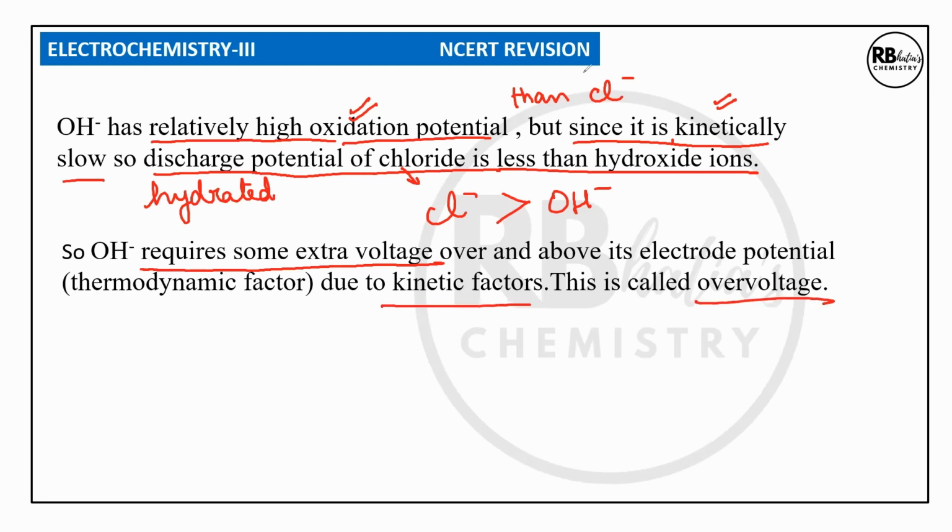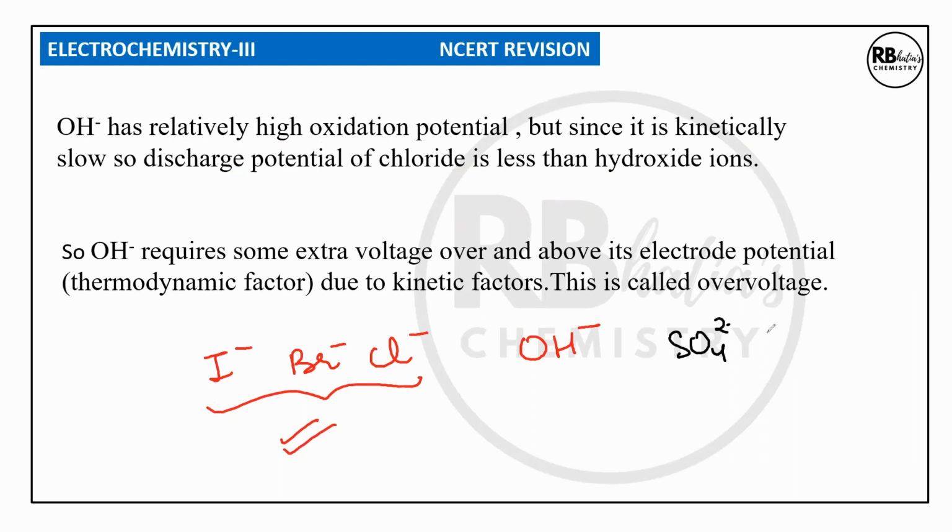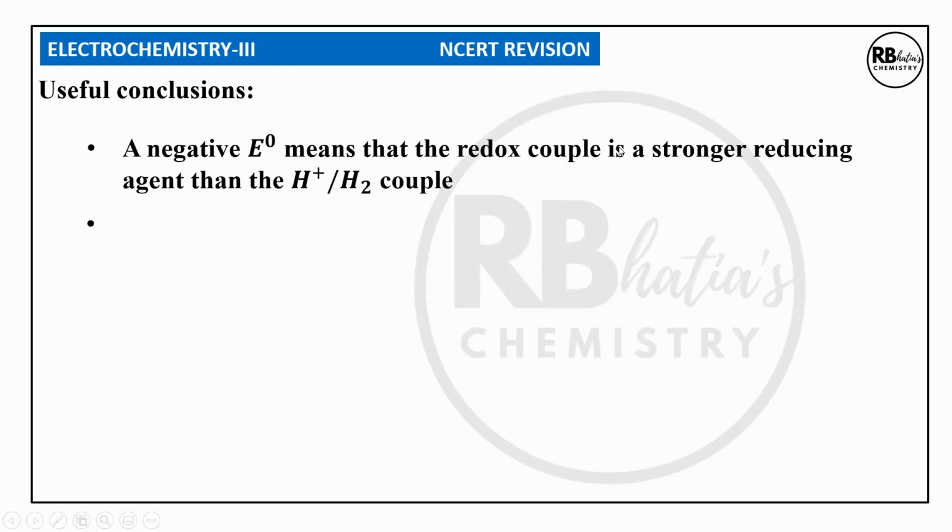So if I summarize all that we've done, out of all these iodide, bromide, chloride, any of these ions, if we are comparing with OH negative ions, then these ions are preferentially oxidized. But if we are comparing it with oxo anions like sulfate, nitrate, etc., then it is OH negative ion which is preferentially oxidized. Keeping all this in mind, if we just look at some points, these are some important conclusions